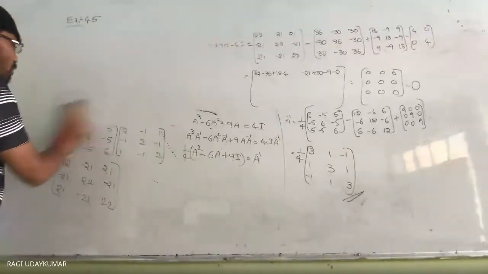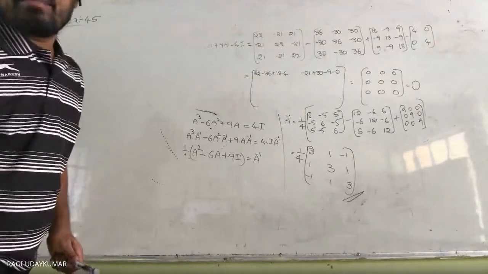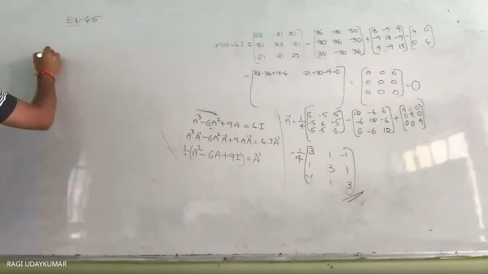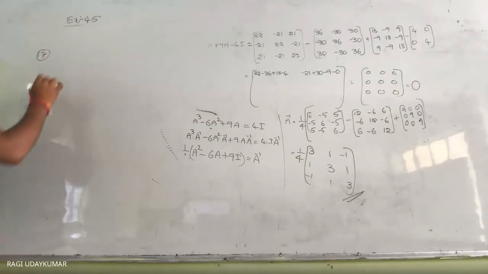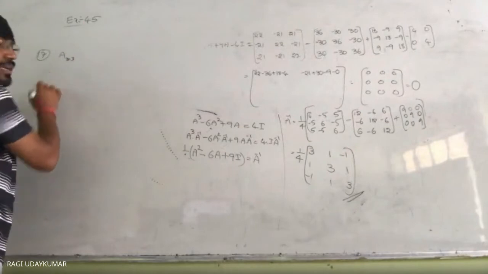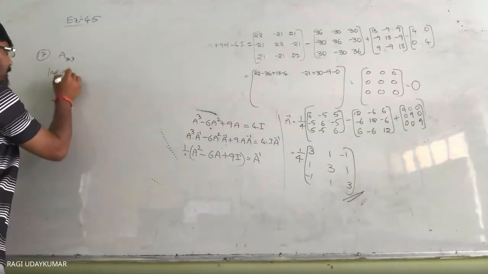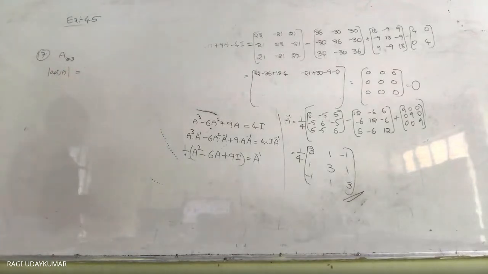This is a very important question for you, the 17th one. Same model as the 15th question, but whenever you see A is a non-singular matrix of order 3 by 3, and it asks you to find the determinant of adjoint of A, can you say what is the determinant of adjoint of A? You have to recall the concepts.